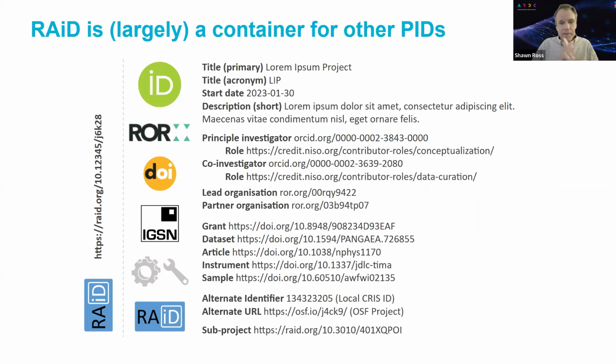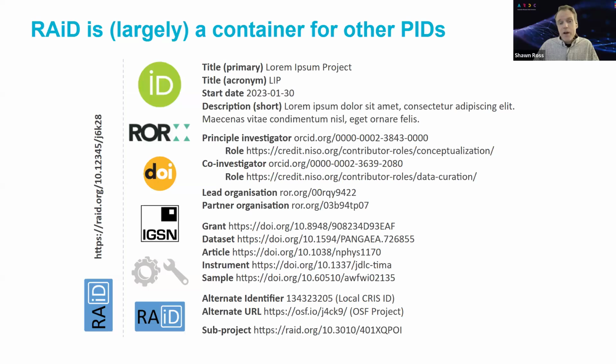Largely how this works in practice is that a RAiD is mostly, not entirely, but mostly a collection of other persistent identifiers, plus a small amount of metadata that's generally not available elsewhere, like a title, a description, start and end dates. There's a subject area, keywords, and a few other pieces of key metadata that you can add. But otherwise, if you look at a RAiD, it's generally a collection of other identifiers,